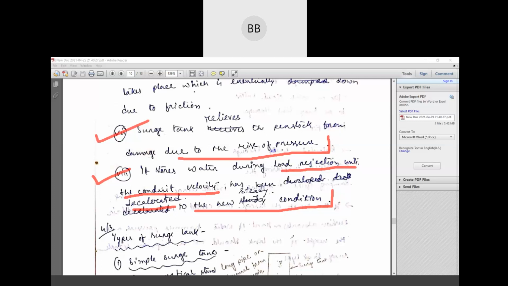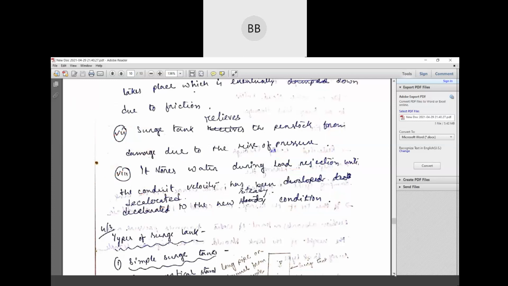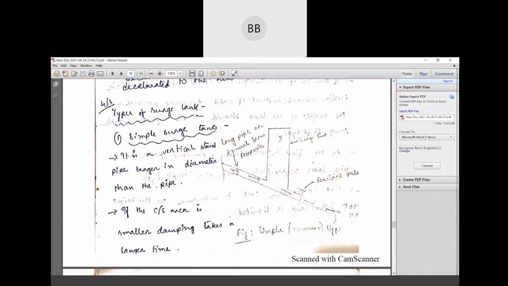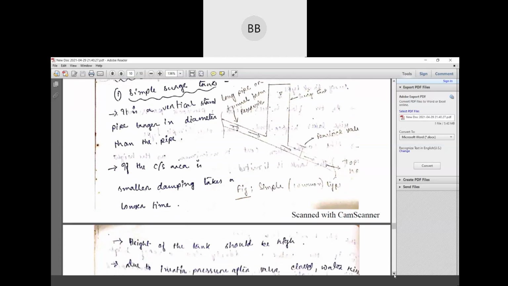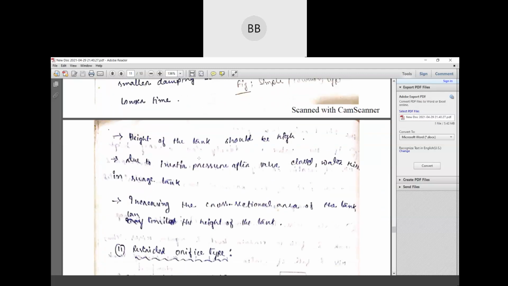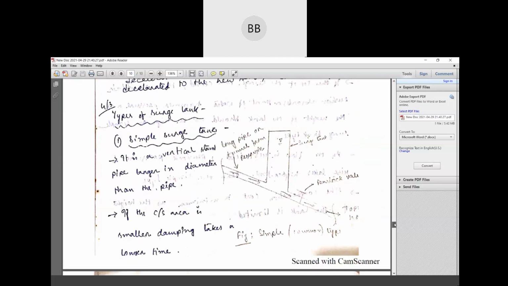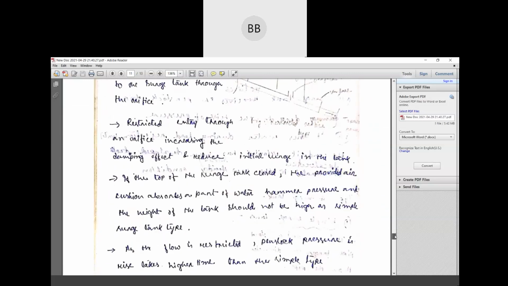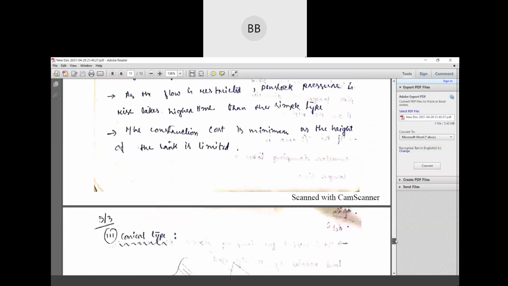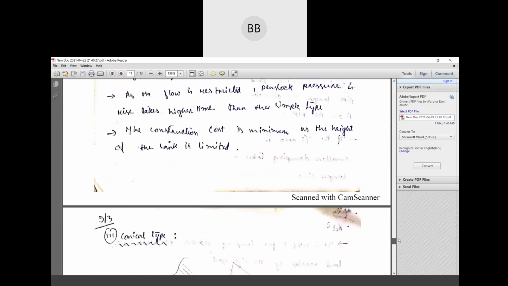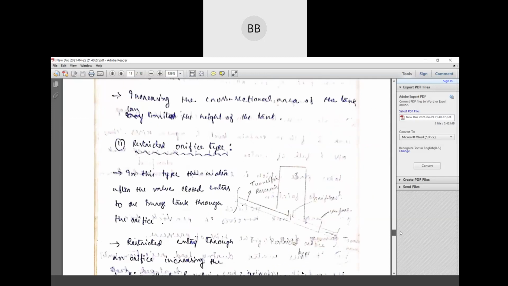So next topic is types of surge tank. I think this is not required to discuss. Okay, very simple. Types depend only on the shape of the surge tank. So I think you can read this by yourself. Definitely I'll give you this PDF file. From here you just go through once about the types of surge tank. It's very simple and very clearly written here. If you really think that we should discuss, then we'll discuss in the next class. Now we are not wasting our time just discussing types of surge tank.